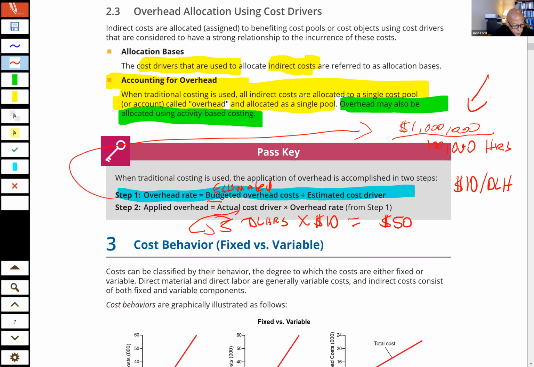Okay, question. With your example, I know it's just an example, you put 5 for the actual cost drivers. Typically, it'd probably be a little closer to that 100,000 that you started with. Well, for the entire year, yeah, hopefully. I'm using the 5 there because I'm just thinking of just one job. So step 2, the actual cost driver is an individual unit. Step 1, it's a total accumulation over the year.